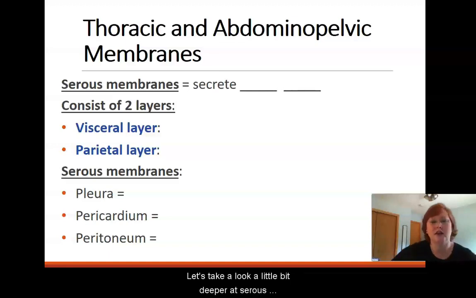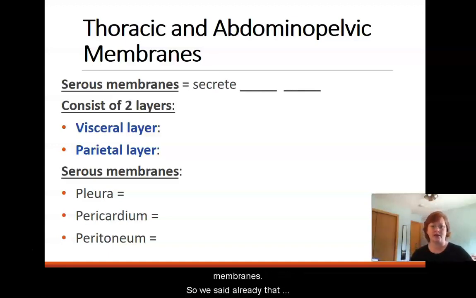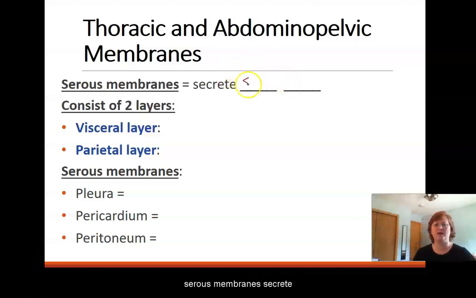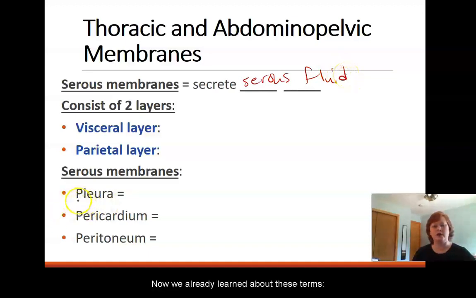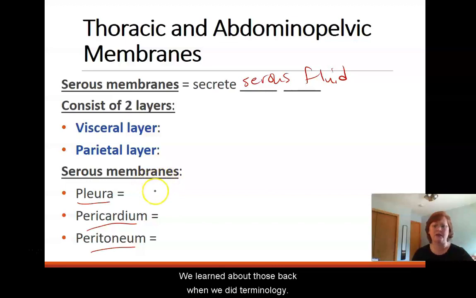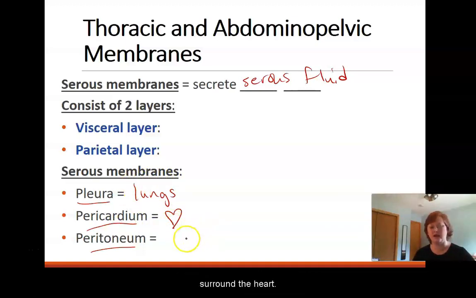Now let's take a look a little bit deeper at serous membranes. So we said already that serous membranes secrete serous fluid. Now we already learned about these terms, the pleura, the pericardium, and the peritoneum, right? We learned about those back when we did terminology. The pleura means lungs, so these are membranes around the lungs. The pericardium means the heart, so these are membranes that surround the heart. And the peritoneum is your abdominal pelvic cavity,